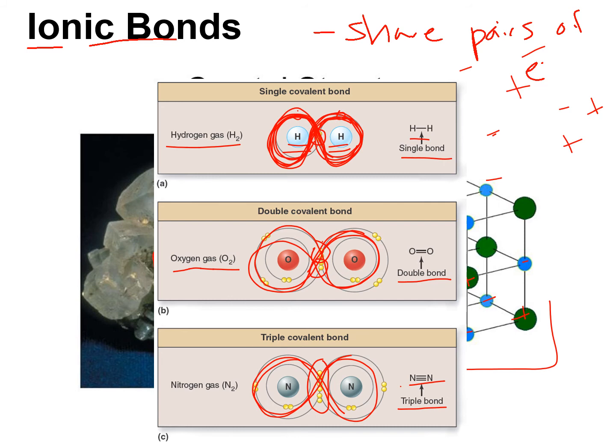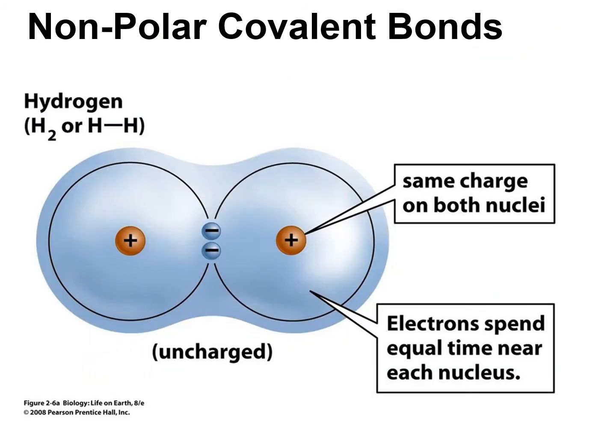So the molecules that are made with covalent bonds are stable molecules, but it is possible for living cells to break covalent bonds. So living cells can form covalent bonds and break covalent bonds, unlike the ionic bonds, where living cells are unable to break ionic bonds. There are 2 subtypes of covalent bonds, and the first subtype is the